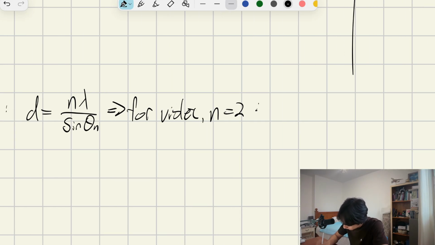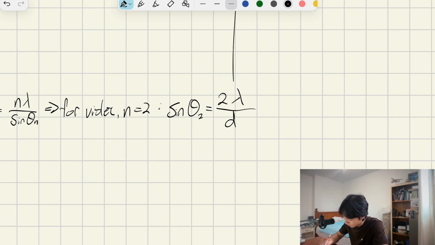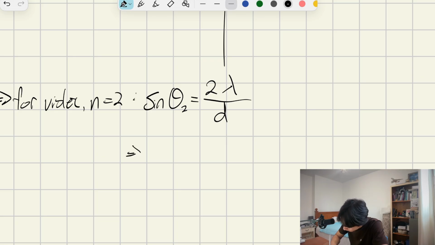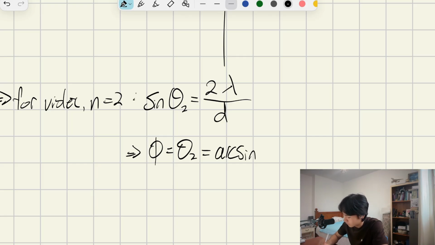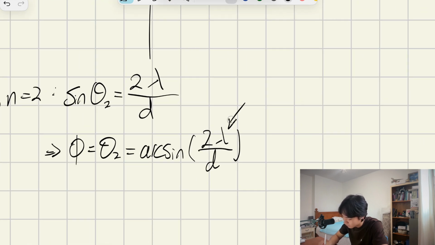we can say sine theta 2, just rearranging here, since n is equal to 2, is going to be 2 lambda over d. Just simple rearrangement. So this must imply that theta 2, or otherwise phi, is going to be arc sine, and in this video I'm using arc sine and sine minus 1 interchangeably, they're the same thing. They accept both. Of 2 lambda over d. So we know the wavelength for violet, we know the slit distance,